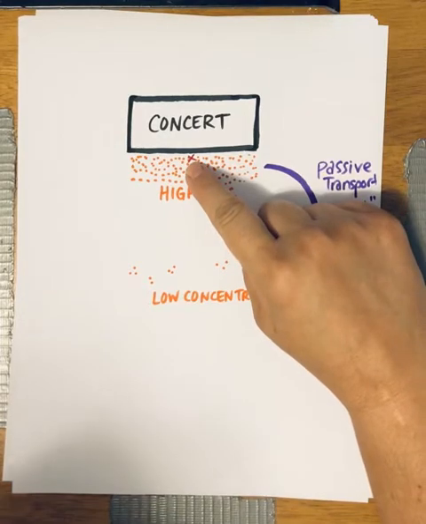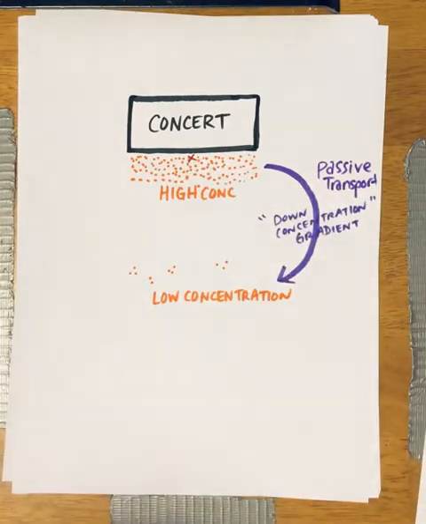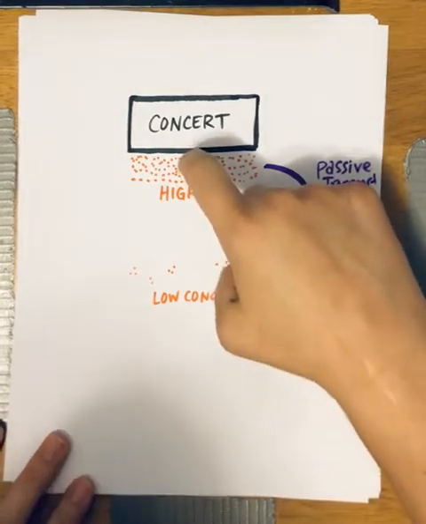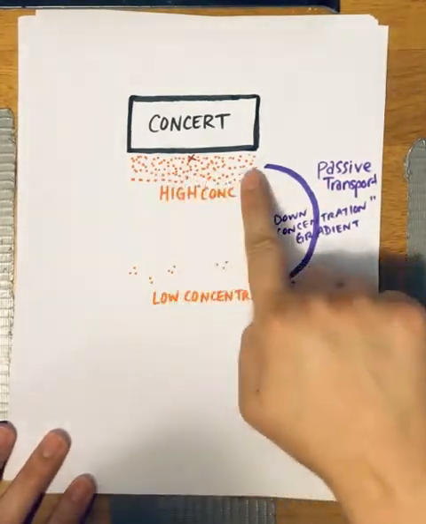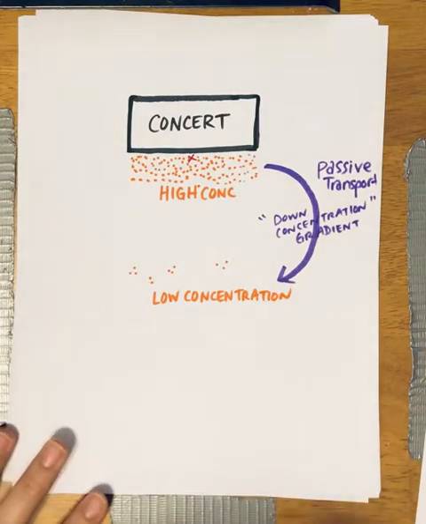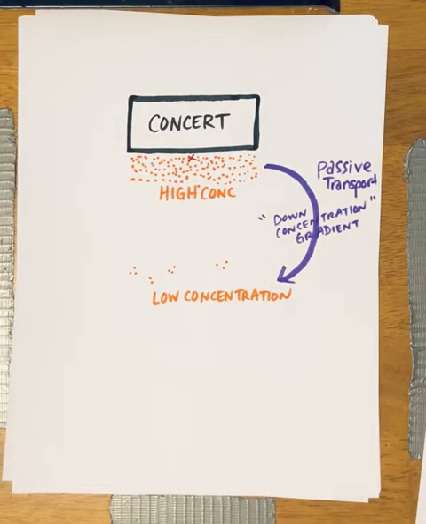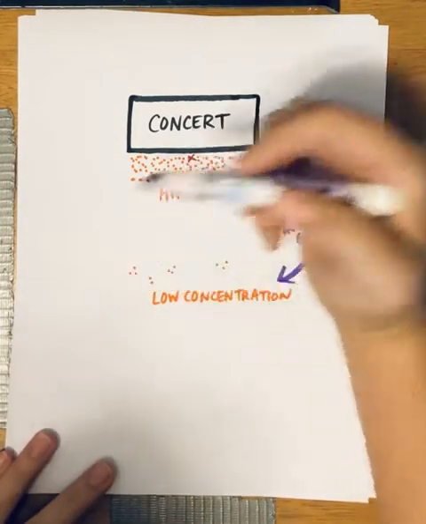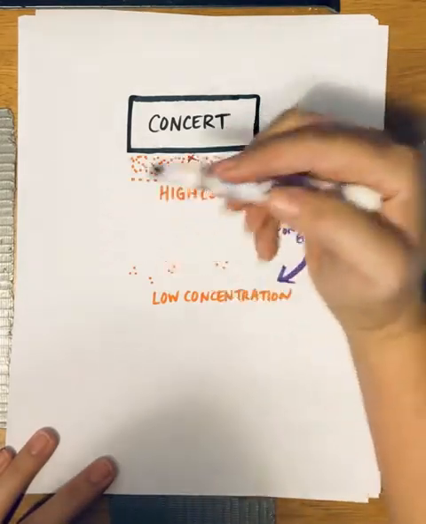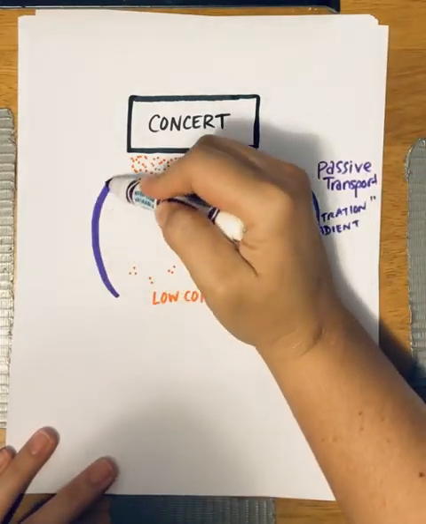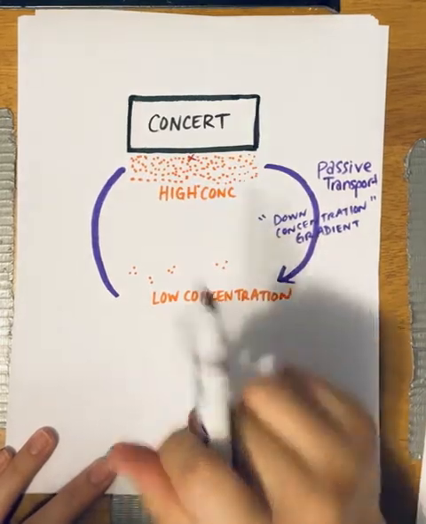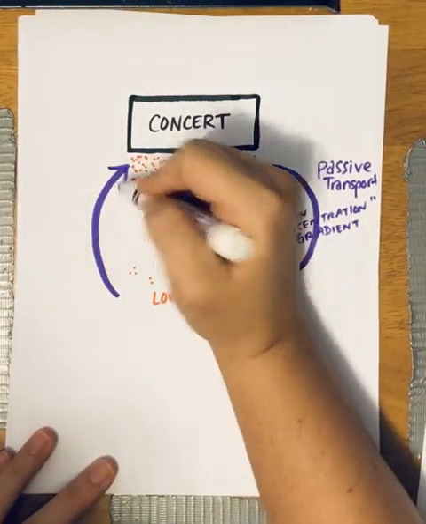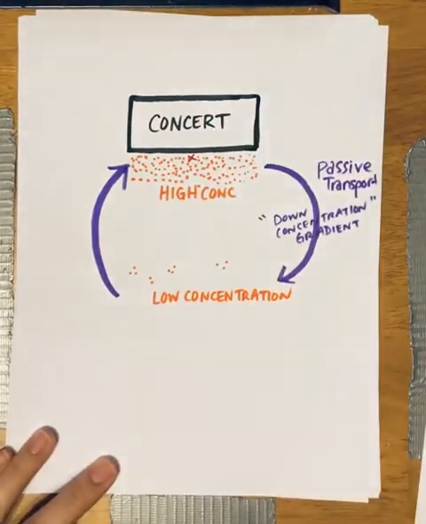But say this is your favorite band and you want to go to the very front and center. It takes a lot of energy to get from the back all the way to the front and center. People are gonna put their elbows up, they're gonna block you. They're literally not trying to let you go to the front of the concert. I've seen people rope off their chairs. So if you want to go from the back, from a low concentration of people to the front and center,